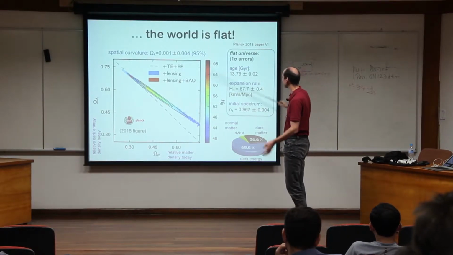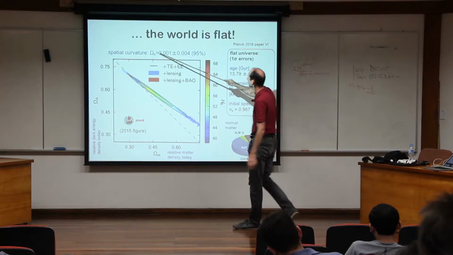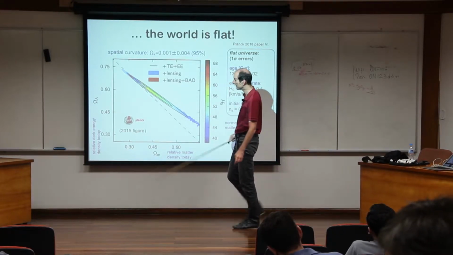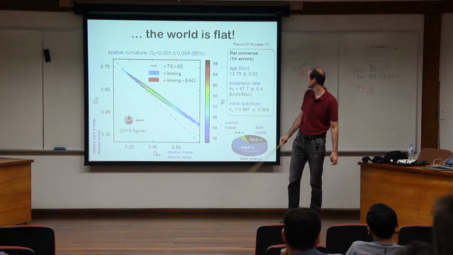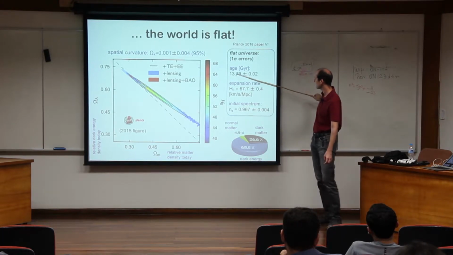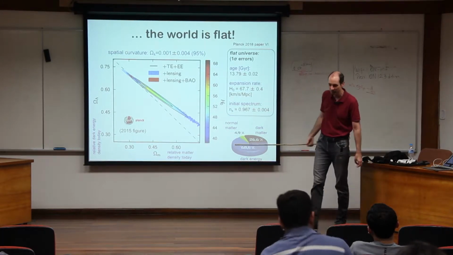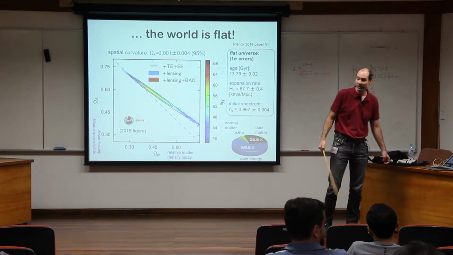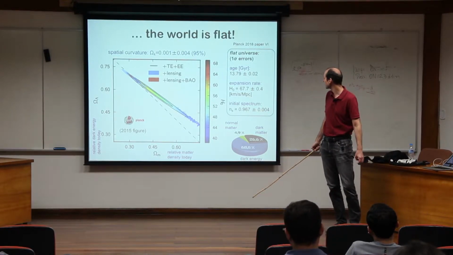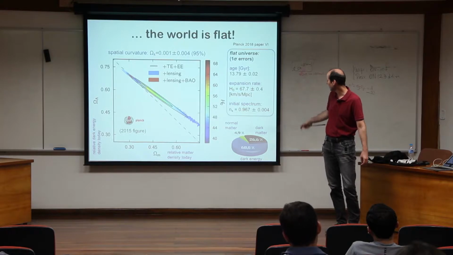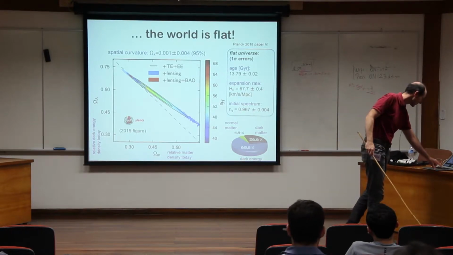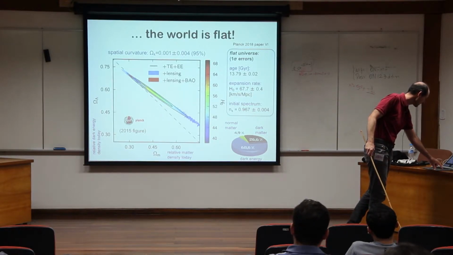And the universe is very close to flat. That's another lesson, and that's roughly where we were. The inference on the age of the universe is 13.8 million years. Billion years, sorry. So that's the main takeaway from yesterday.